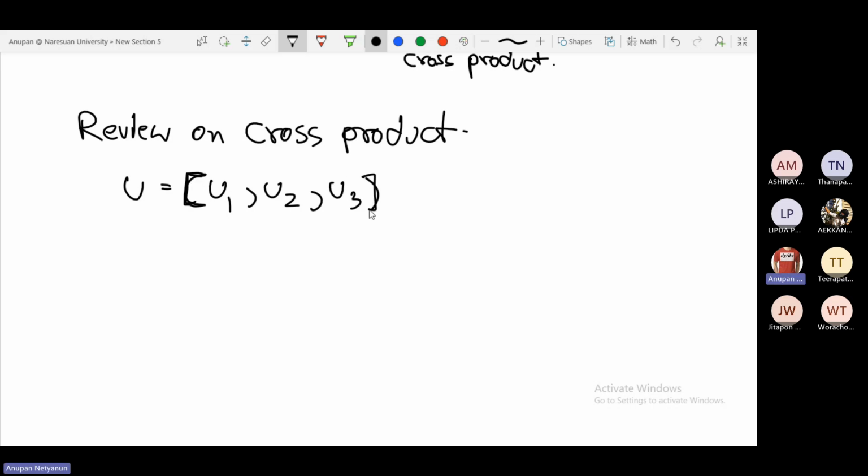Let me write it like this. You can have regular parentheses too, but for this note, he used brackets. Okay. v is the vector v1, v2, and v3. Okay. Now, for u cross v, okay,